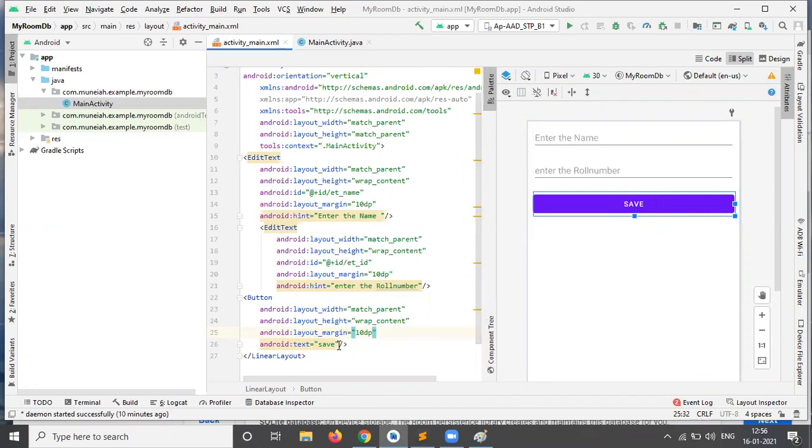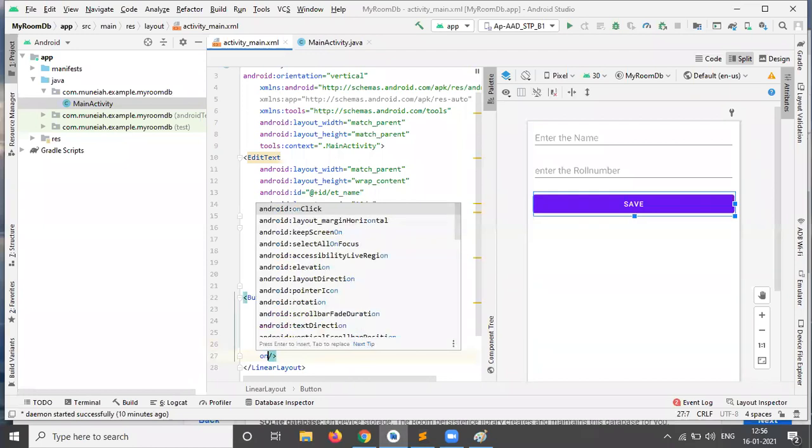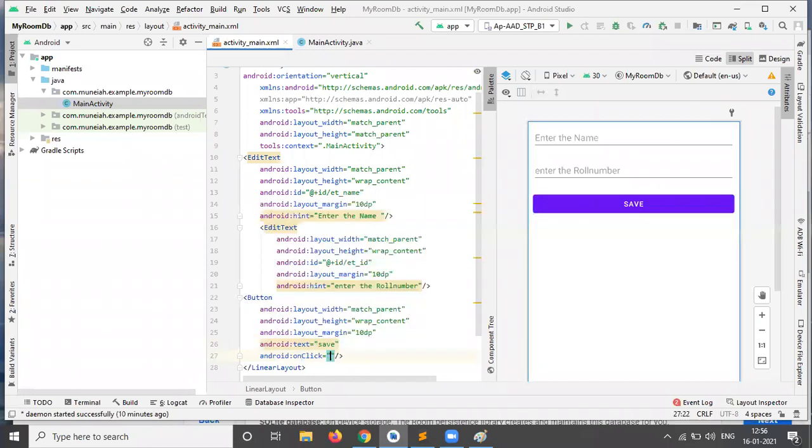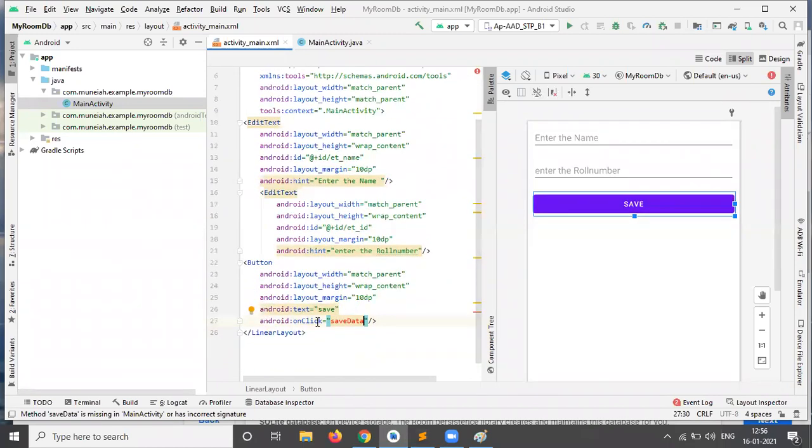In the next step, I need to add an onClick event here with the help of onClick. This onClick method name is show data, or you can do save data. You can do the save data method. And why is it getting the error?